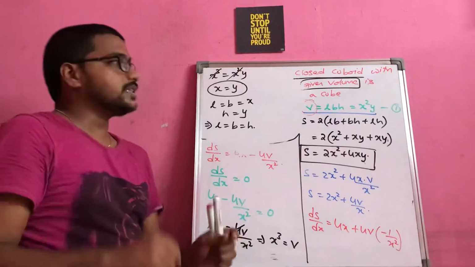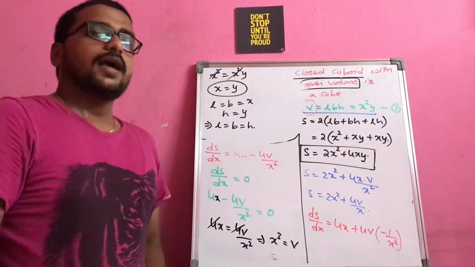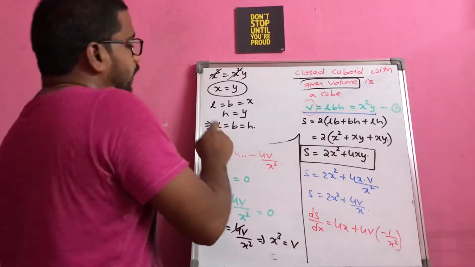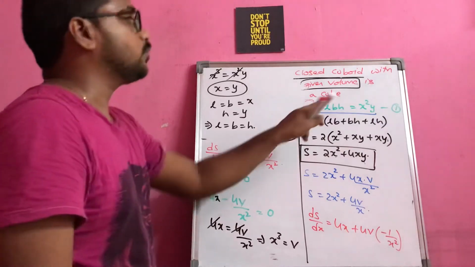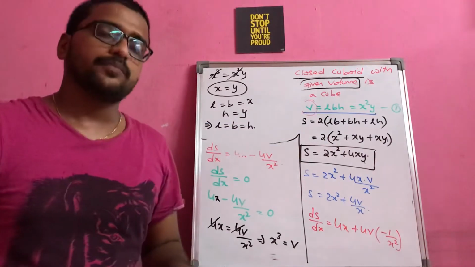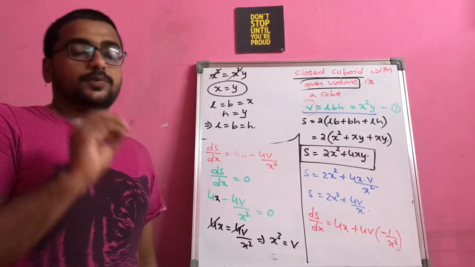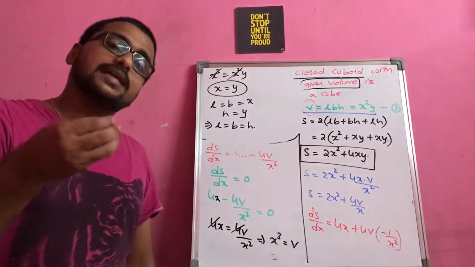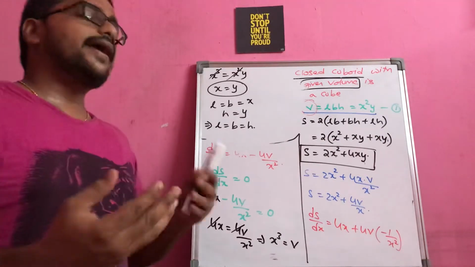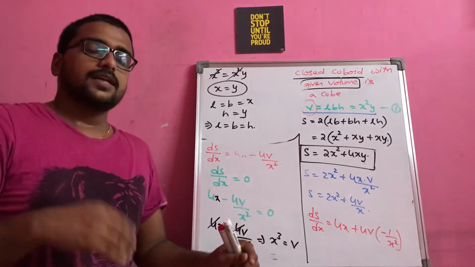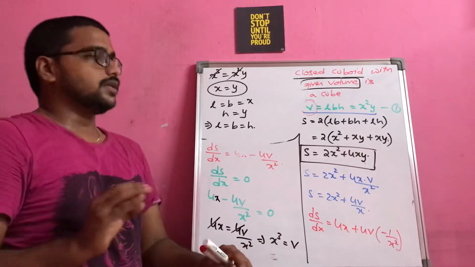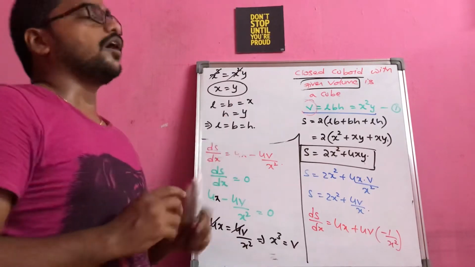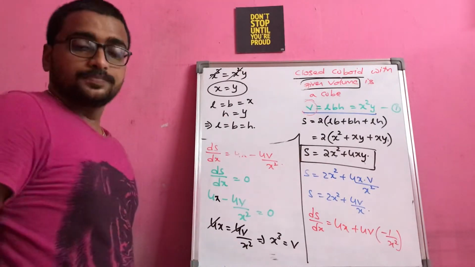Now try to relate to the question. We started with the statement that it's a cuboid and you are getting in the cuboid l equal to b equal to h, which means it is a cube. That is what they asked you to prove in the end. If you don't stick to the procedure, what will happen? You will think in the starting itself they had given us a cube. So to avoid this confusion only, I am asking you to stick to the procedure. So here we came to a conclusion that it is a cube now.